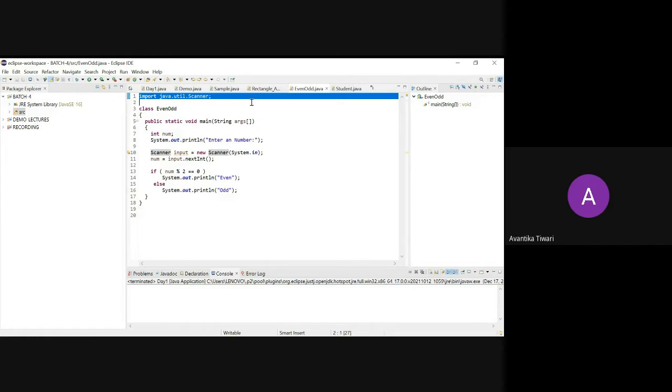For importing any package, you have to write the fully qualified name. See, your name can be Sahil, but what is written in your 10th passing certificate? That is your fully qualified name. Sahil Nitin Kamble. That is your fully qualified name.